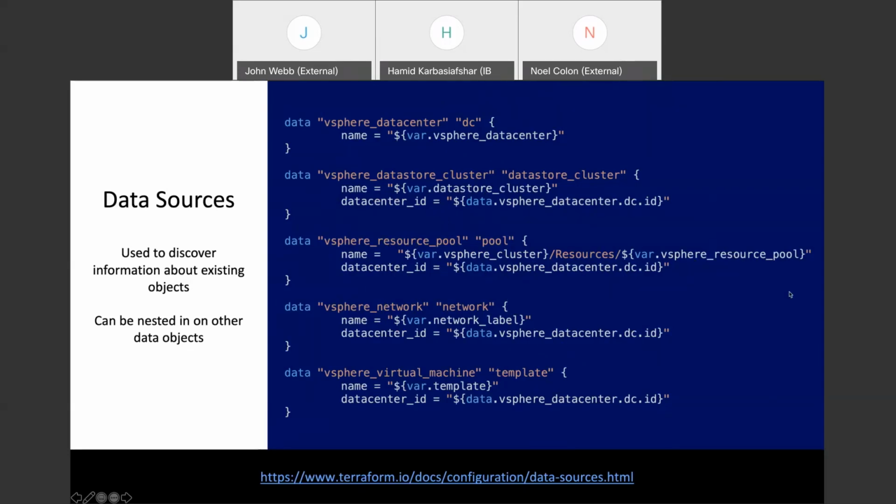that's required to build those resources in the correct place with the correct parameters, instead of having to go in and specify all the different parameters for a data center, all the different variables that might be available for a data store cluster. It just knows. It goes out and it discovers it. You just say, hey, go get all the information about this data store cluster. I think I'm going to have to create some things in there, and it just does it. So it's pretty powerful